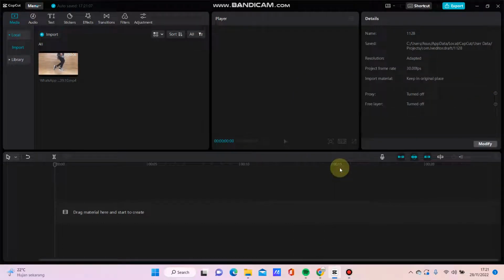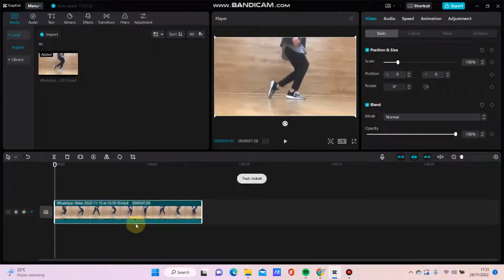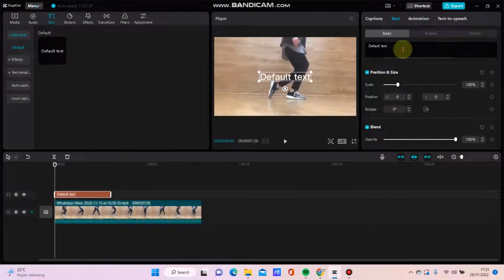Hello everyone, in this video I'm going to show you how to make motion tags in CapCut. So here I'm using CapCut for PC, and for example I will add this video as the clip, and then I'm going to add the tag. Just click text and default text. For example,